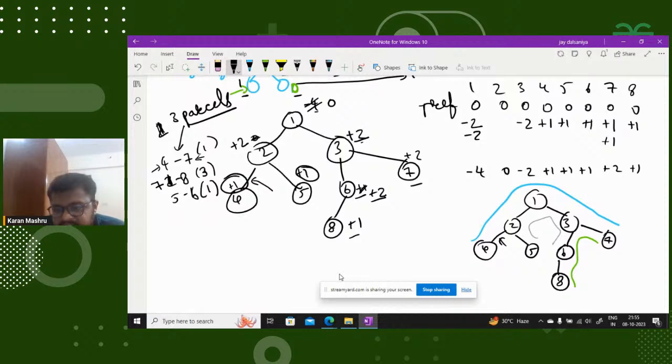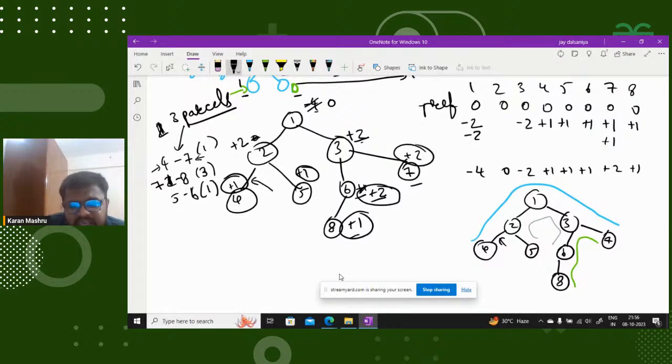This edge between 6 and 8 is coming one time, there is only green color, so there is plus 1. This edge between 6 and 3 is coming two times, one is green color, one is violet color. So that's why this is plus 2. This edge between 7 and 3 is coming two times, green and light blue, so that's why it is plus